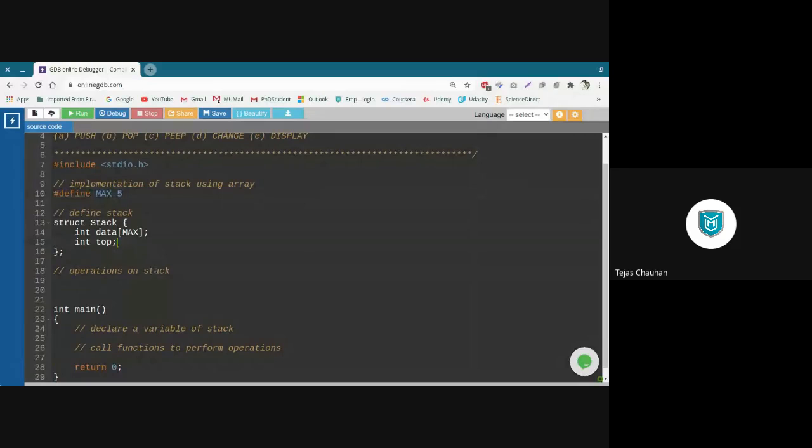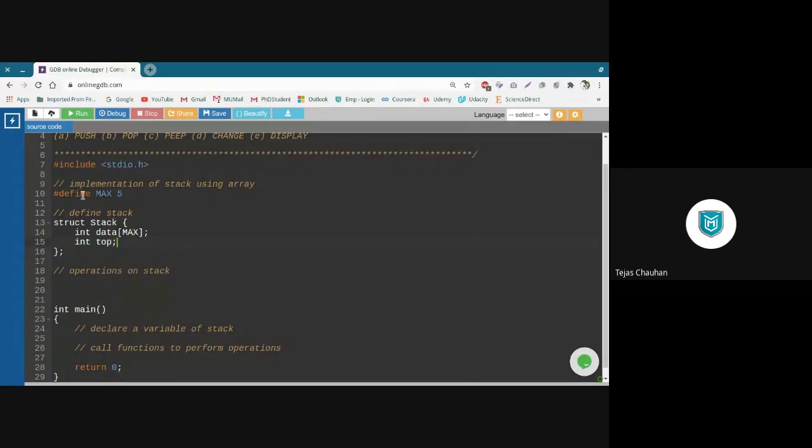So everyone clear with this part, why I have defined max? I can go for a number directly, but defining a max like this one will help us to update the entire program in a single shot. Okay. If anyone is having any doubt, you can interrupt me and ask me if you have any query. Okay. So let's go on.